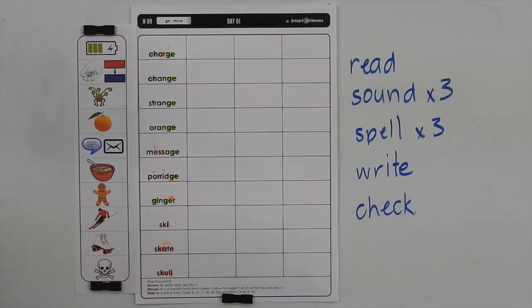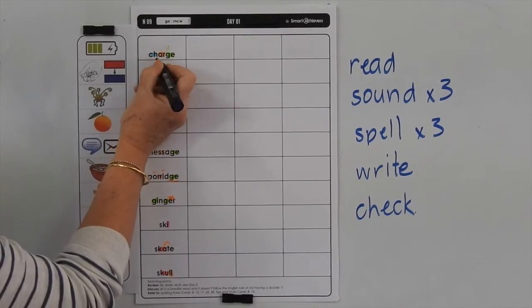Now let's go back and read the words, sound the words, and spell them and write them. So we'll try writing that very last one, but if you want to, you could print the whole lot or write the whole lot or print and write some. So let's go. Charge. Ch-a-j,